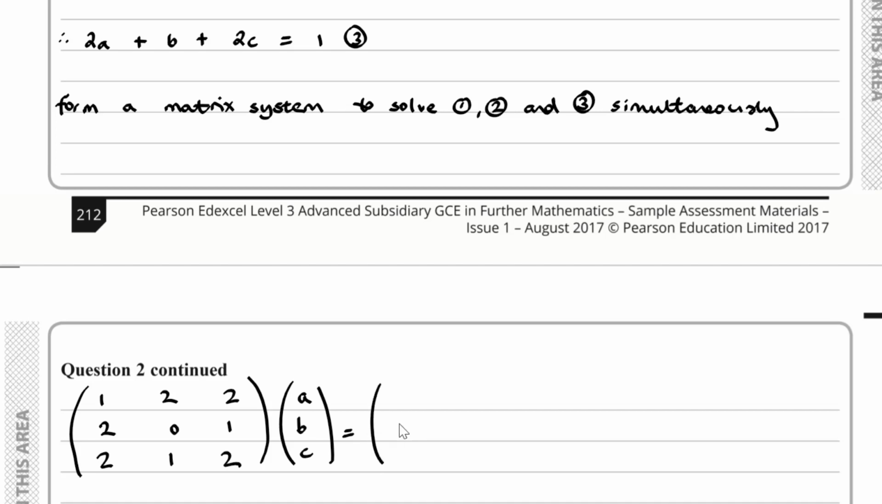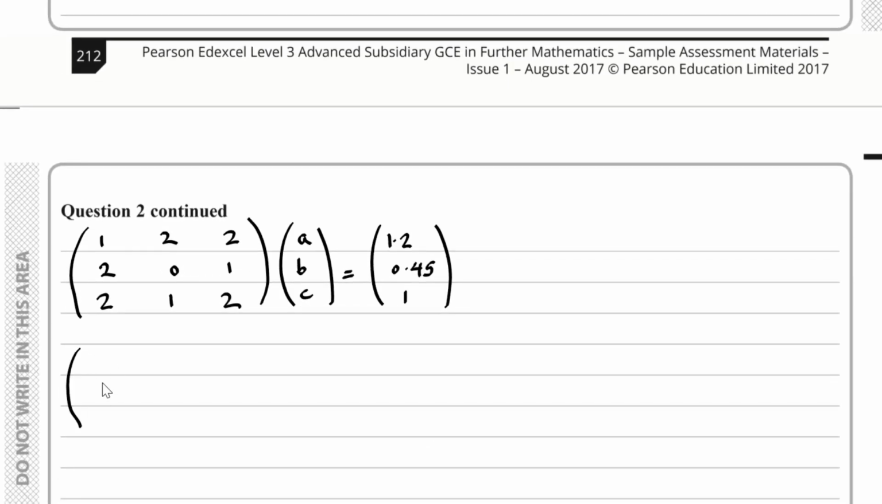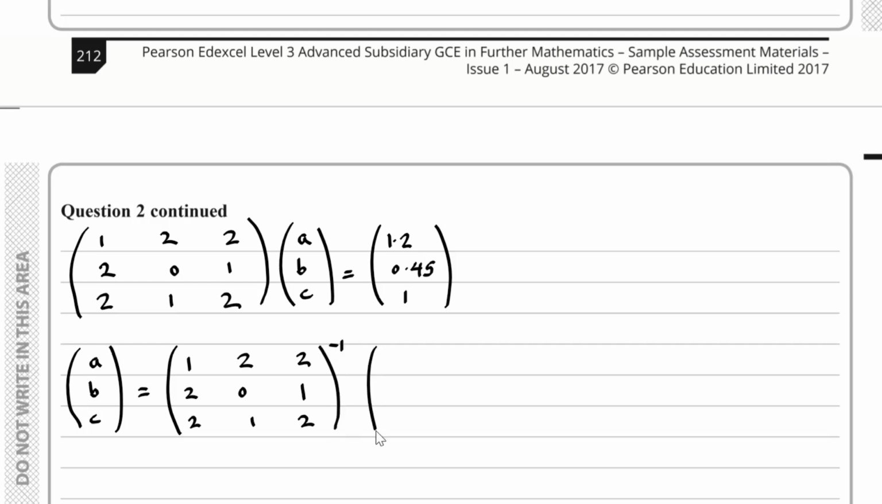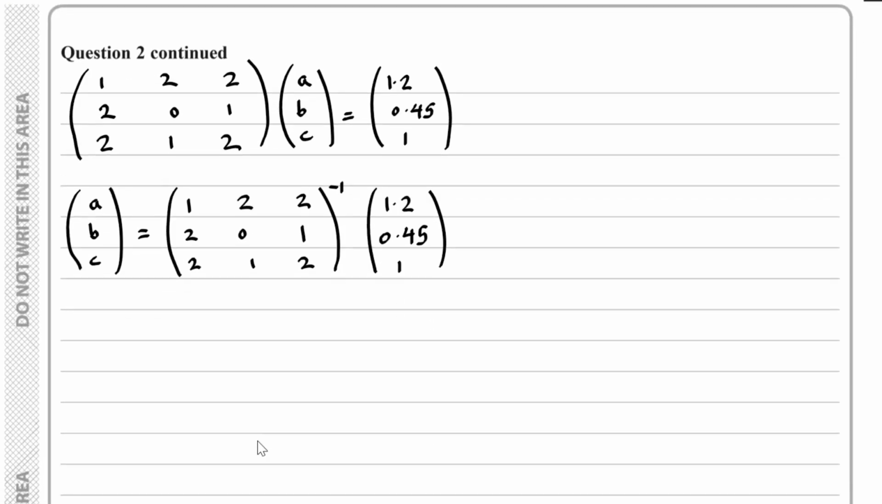And this is equal to 1.2, 0.45, and 1. So you may know this from your core pure knowledge. So a, b, c, that's equal to the inverse of this. So we have the matrix 1, 2, 2, 2, 0, 1, 2, 1, 2, inverted, multiplied by 1.2, 0.45, and 1. So working this out,